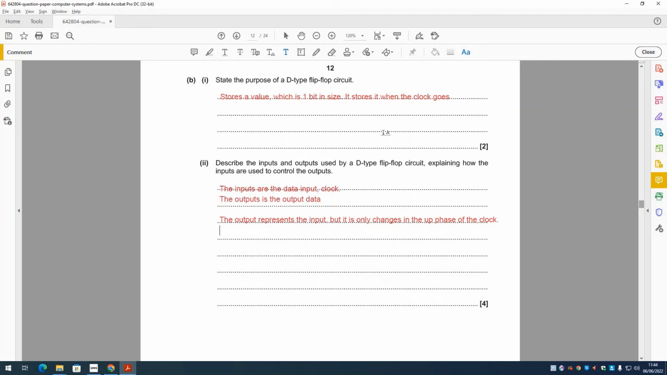Okay, so we might want to explain that a bit more. So we might want to give some kind of an example. So we could say that if the input changes, the output will not change until the up phase of the clock. And to just demonstrate it for you, let's say for example we've got our data here